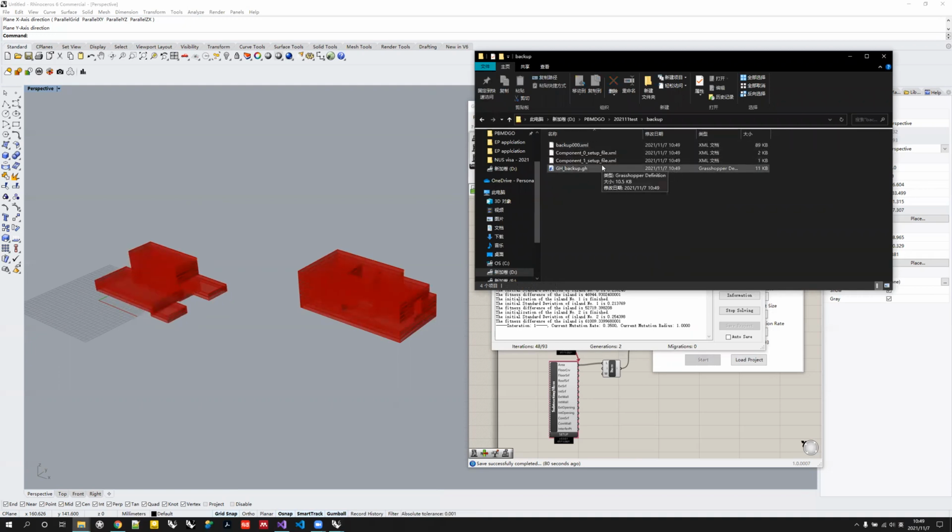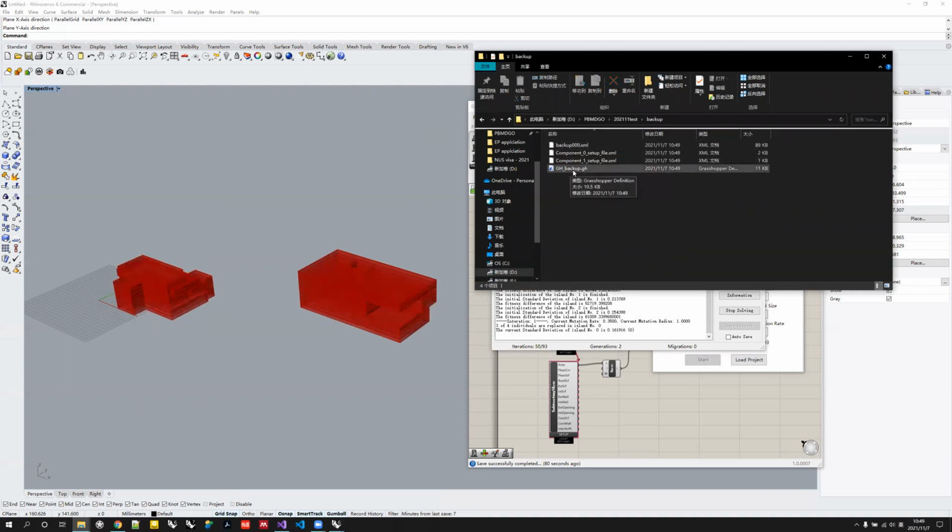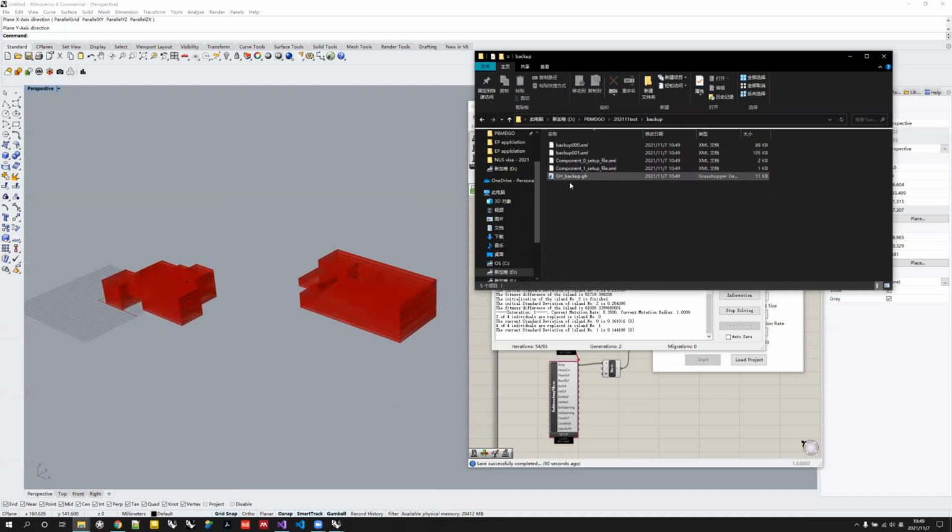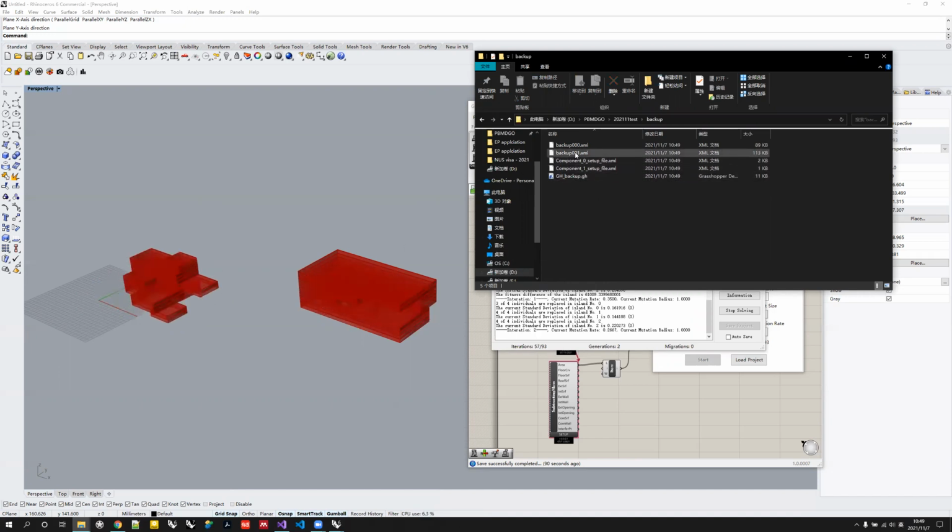So in the backup file, you can see that the GH backup is the GH file from when you're running the organization, and here the 2 setup file is the parameter setup for these 2 generated components, and this vector 001 or the 000 is the in-progress organization data. So you can use this data to